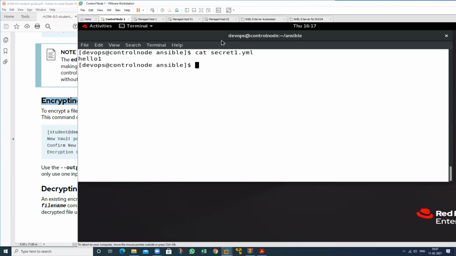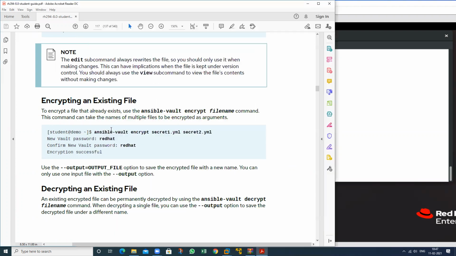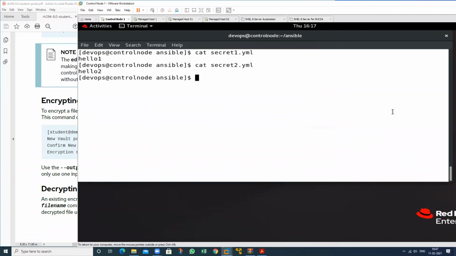You want to see what the data is in this. In secret 1 it is hello 1, and in secret 2 it is hello 2, but that is in plain text. This is in plain text and I want to encrypt this one. Then what I will do, just type encrypt.